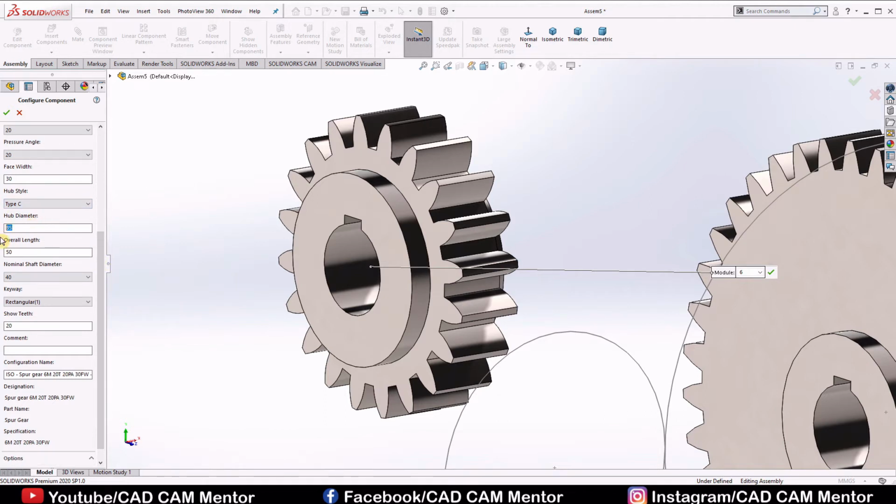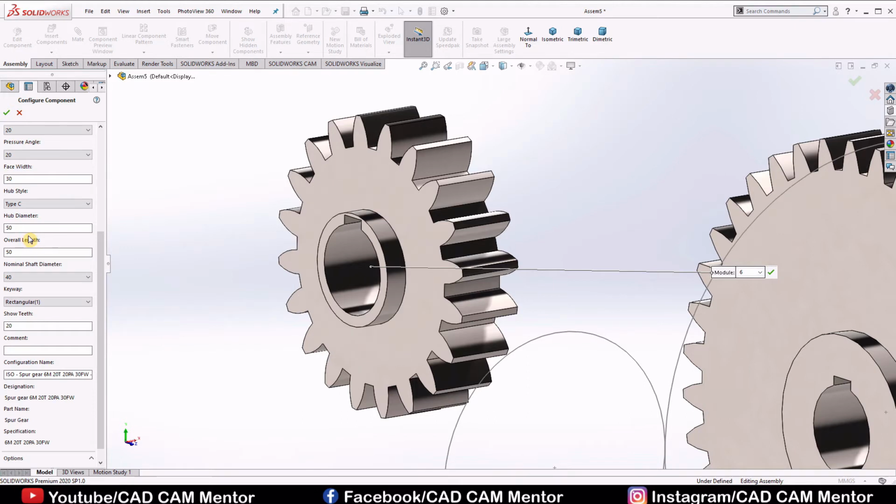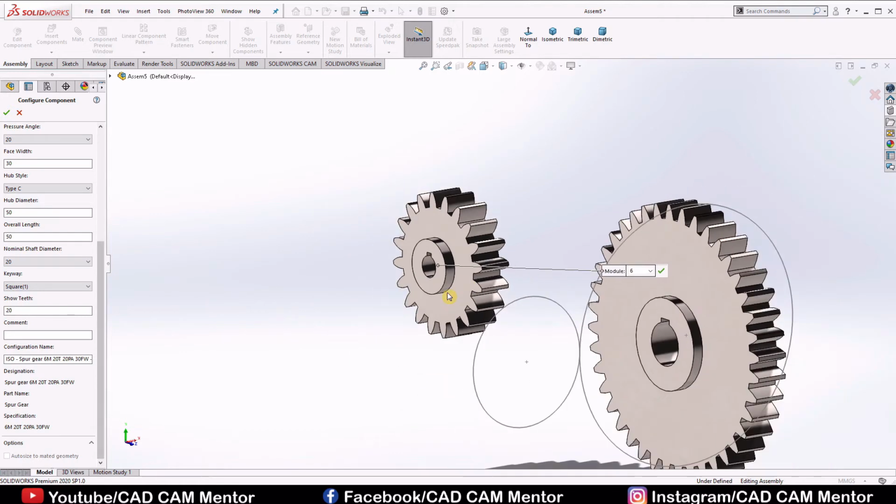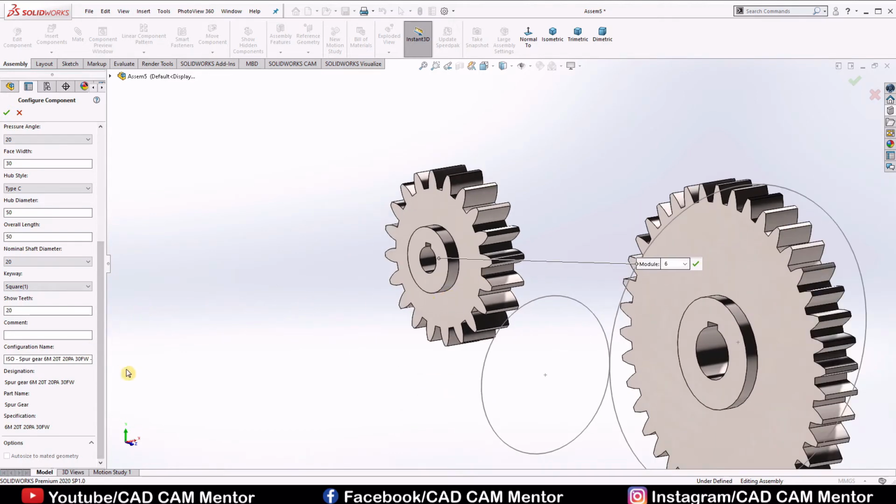Hub diameter we'll change it to 50. Overall length we'll keep 50. Nominal shaft diameter we'll change it to 20. Keyway we select square key. But remember, these are the random values. You can change it as per your calculations and requirement and click OK.